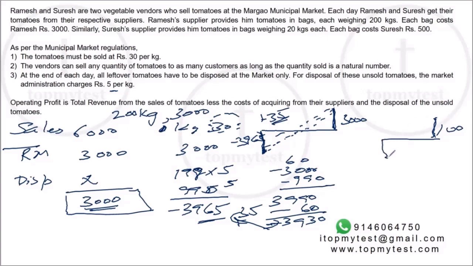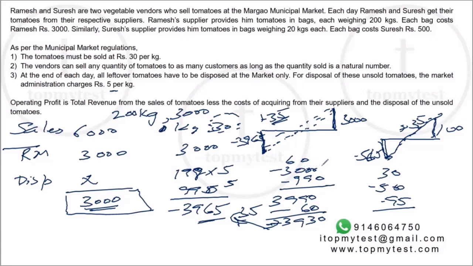His first loss, for 1 tomato, how much is his loss going to be? He sells 1 kilo, so 30 rupees. He has to incur 500 rupees and he has to dispose 19 kilos of tomatoes. 19 into 5 will be 95. So 595 minus 30, 565. A loss of 565 rupees. And again, his profit will keep on increasing by 35 rupees, because for every 1 kilo he extra sells, he gets 30 rupees in sales and saves 5 rupees of disposal cost. So again, minus 530. You can again verify it like this.